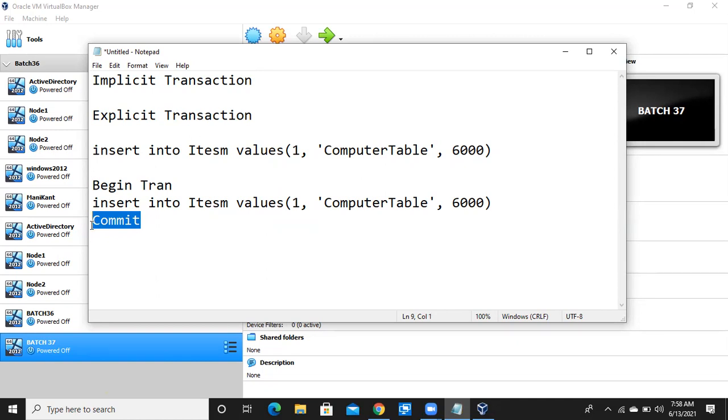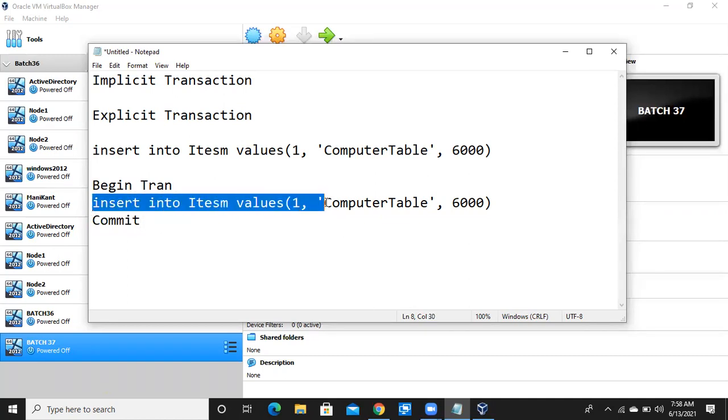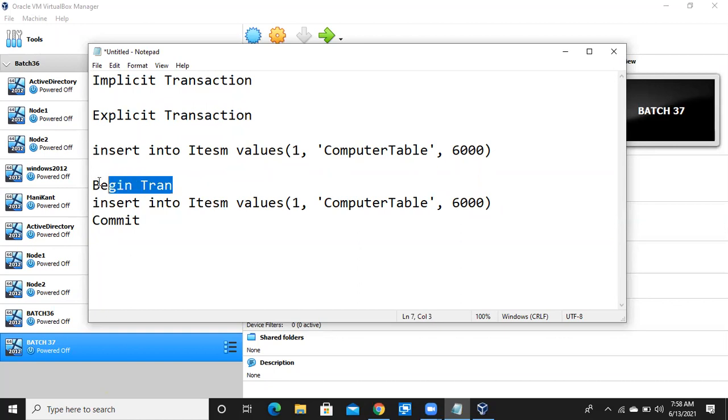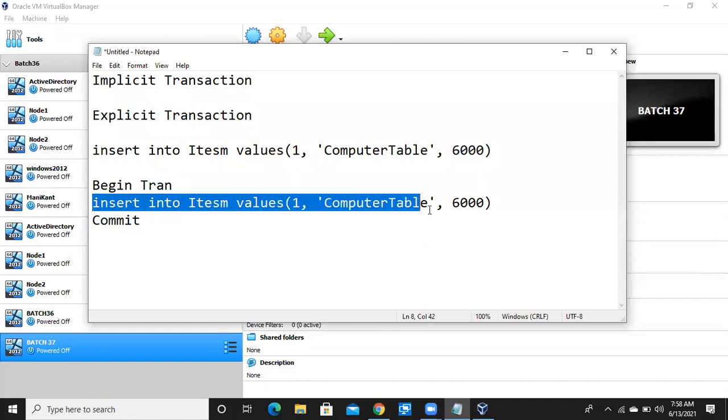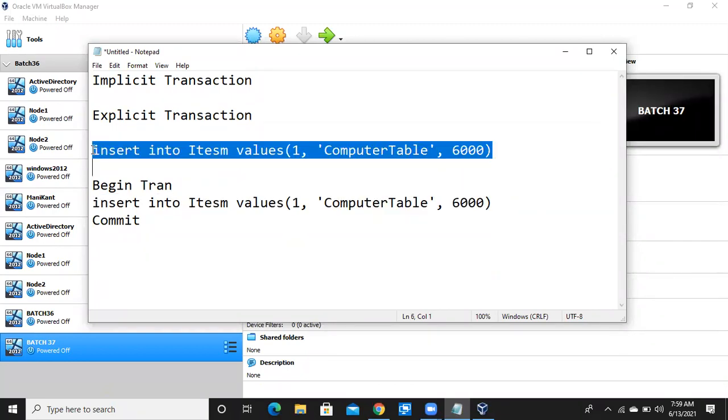So implicit transaction means what? Usually whenever I'm writing the transaction, I don't write begin tran and commit, but I still run this command. Is it an implicit transaction or explicit transaction? What is the transaction called? Or else, let me ask like this. I'll just write this command only. I don't want to write the whole begin tran and commit. Then tell me whether this transaction is going to be committed or not.